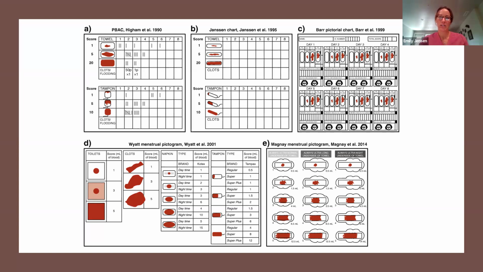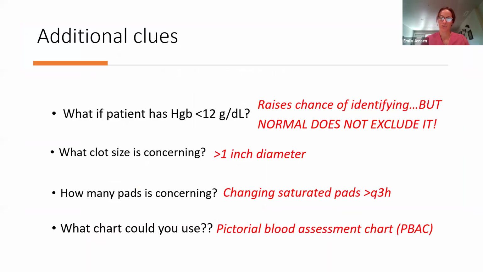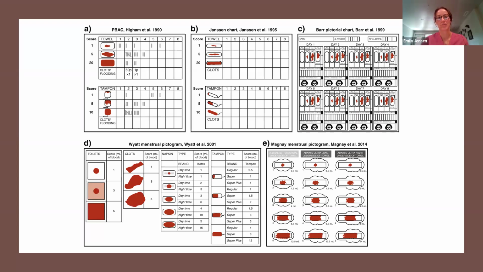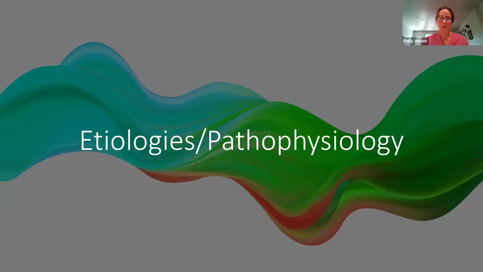The name of these are pictorial blood assessment charts, or PBACs. If you find that would be useful for your patients to help you understand how much they're actually bleeding. And there's different scoring for each of these so that you can understand how much blood they're actually losing with their menstrual cycle every month. So